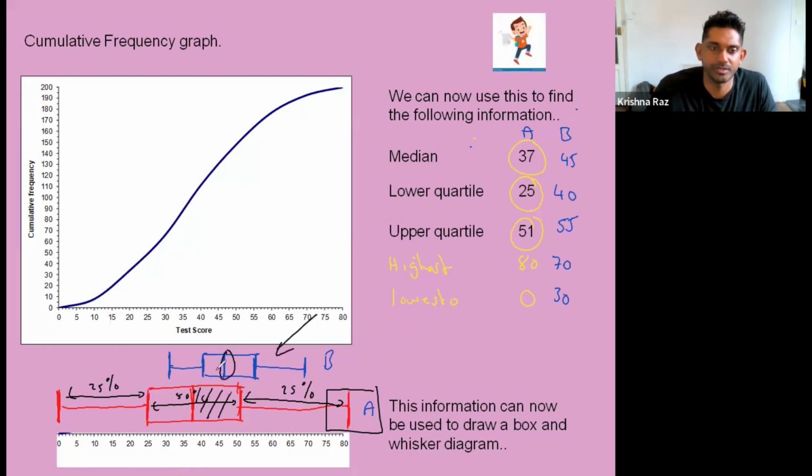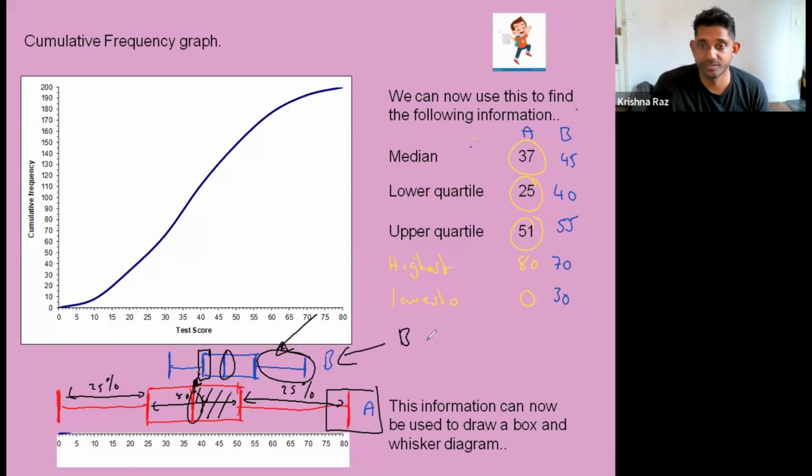We can see the middle person does better. Even the lower quartile person in class B does better than the middle person in class A. So the teacher of class A is probably doing a good job of stretching the top of the class, but is losing the bottom. So you've probably all been in lessons where you felt like, oh no, I don't quite understand. What the teacher in class B is doing is really making sure everyone moves forward, though a handful of students at the top are probably going to be a little bit bored. But overall, if you had to answer the question of who did better, we would say B,